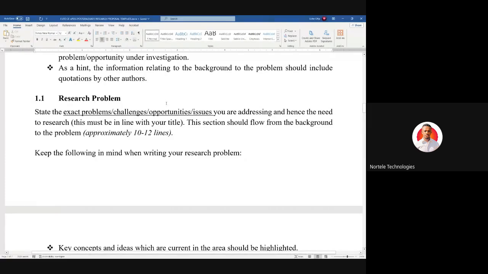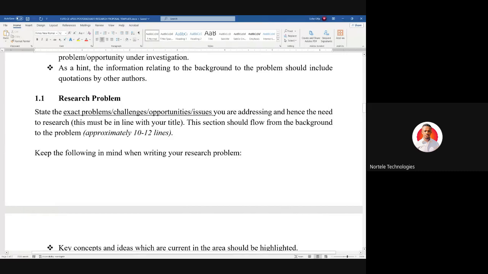Your research problem and your statement of problem is different. For some of us that are writing on our own, your research problem is different. Now, according to the CESPES format here, it says to state the exact problem, challenges, opportunities, issues you are addressing. For instance, let's say you are looking at the spatial distribution of